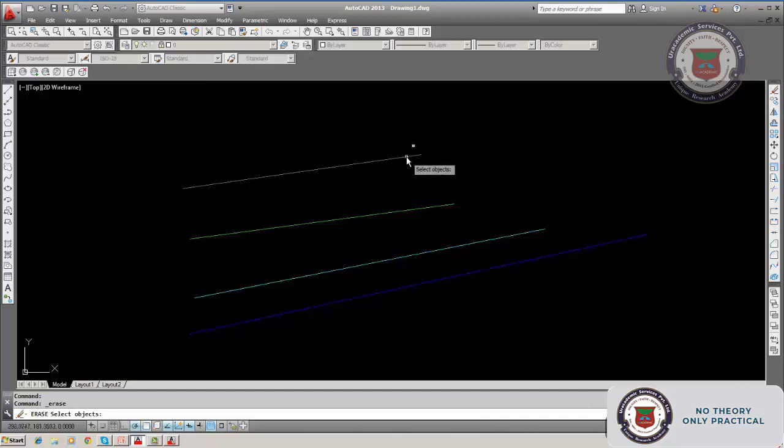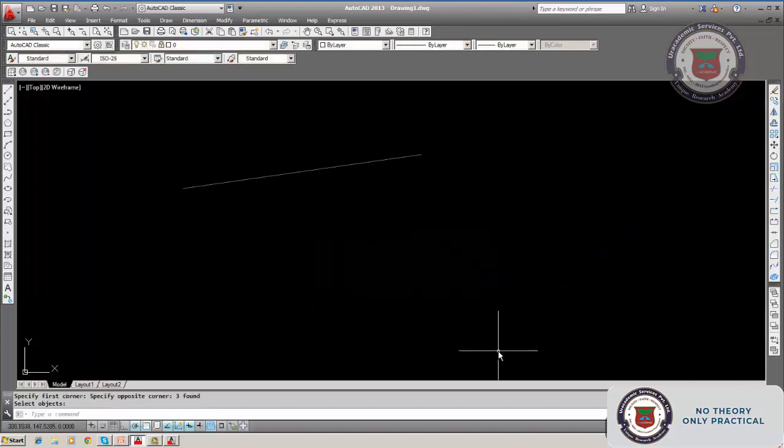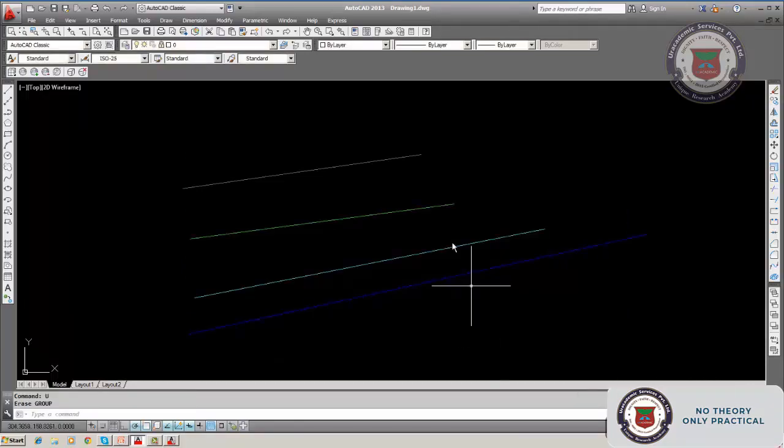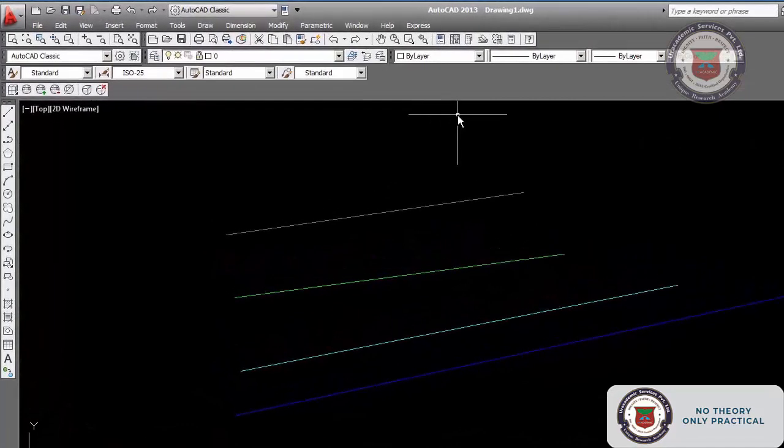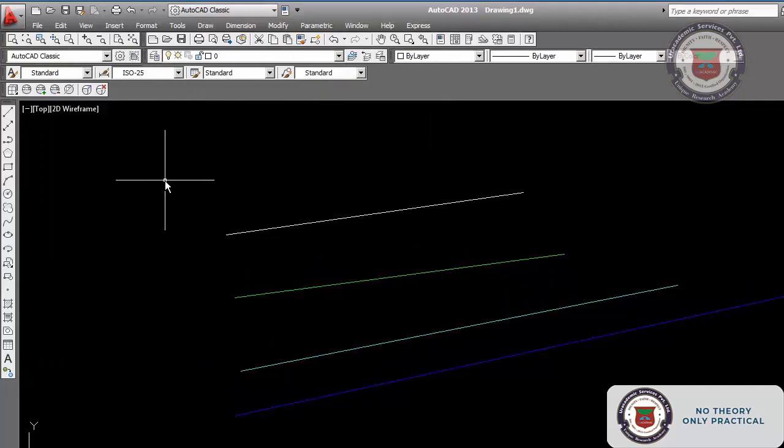You cannot erase a locked layer. All the layers can be erased, but a locked layer cannot be erased. That is the property of layers which are locked or which are hidden. Layers which are not seen, hidden or switched off, those layers cannot be erased.